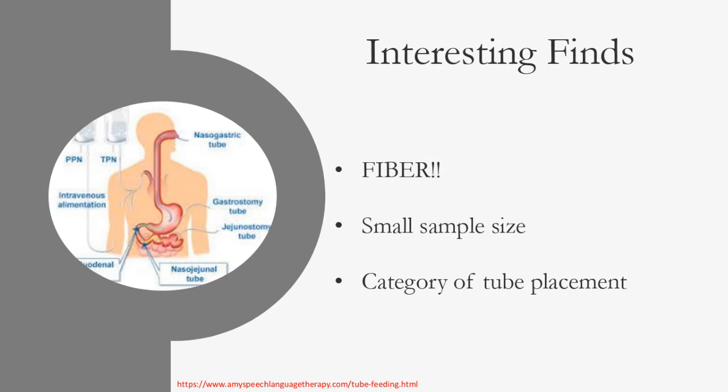Another interesting find that I mentioned earlier was the small sample size. With more participants, some of this data could be more conclusive, but we will just have to see if further studies look into that. Finally, an appendix was added to the study afterwards that categorized children by the placement of